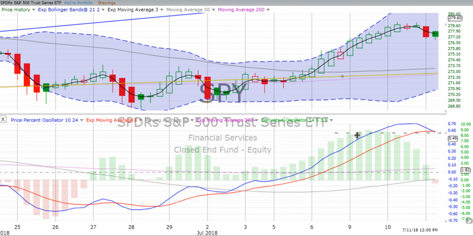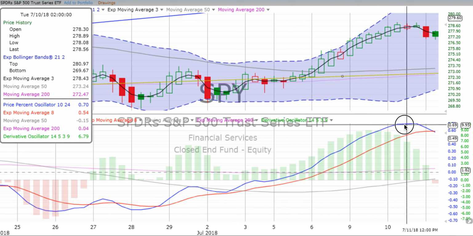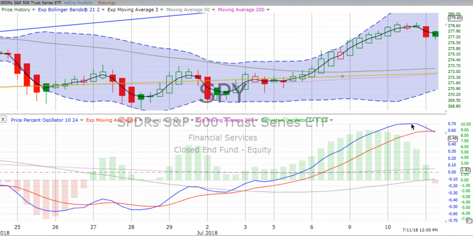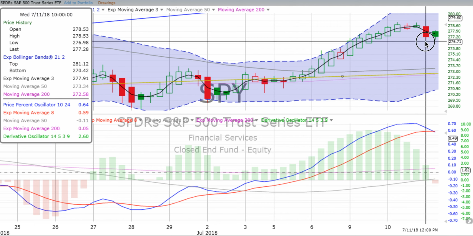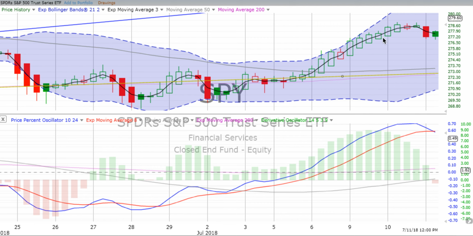And then once you see things sort of plateau, they can still move higher, but once that derivative oscillator tops out and starts to plateau, you can continue to watch the price percent oscillator heading up, but when it plateaus also and starts going flat, and the derivative oscillator is losing energy, and you start seeing red candles pop up, you know you're getting ready for a down move. You take your sweet spot of the dollars that are available there, and then you pull the plug and step away.